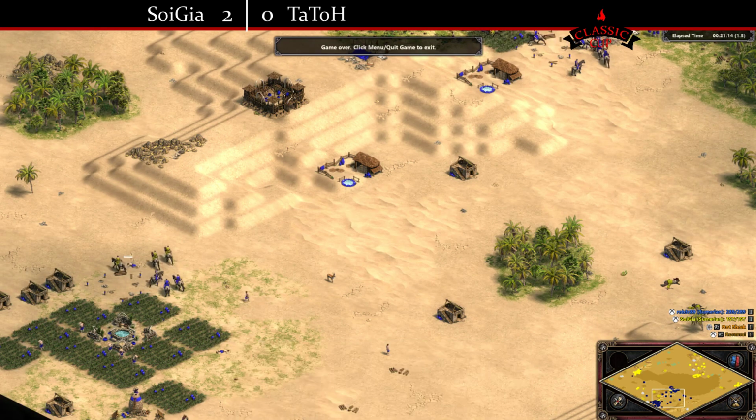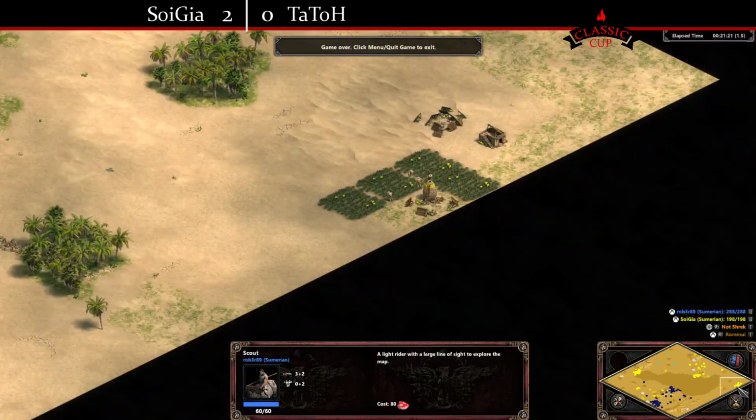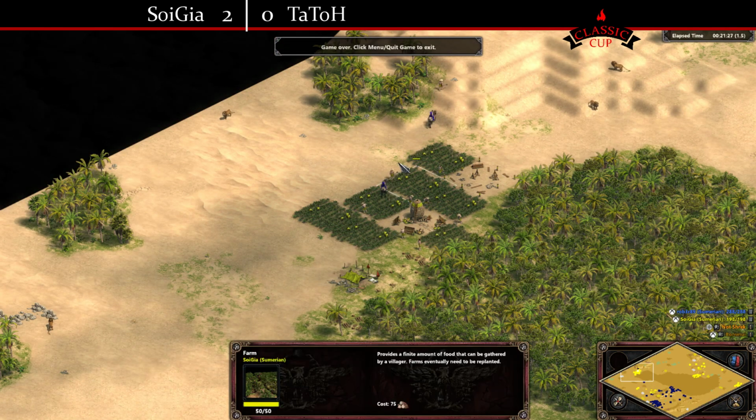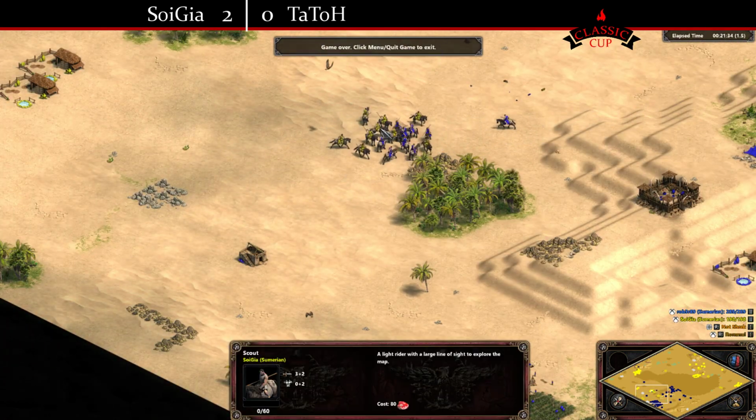He's got 3-on-3 defending and the HP. TaToH found the farms at 9. Did he? Oh, at 9. At 9, not 3. With 2 scouts here. That's huge. Yes, that's a huge pickup. And look, he's getting a really good engage. Remember, so many of the scouts are so...